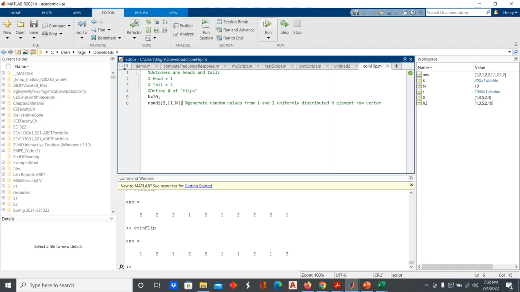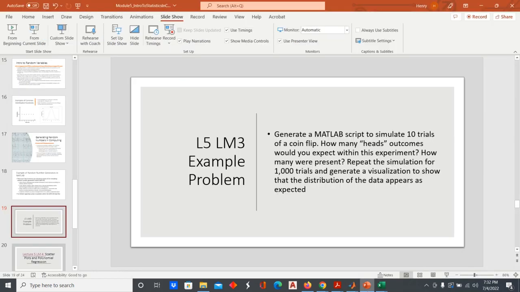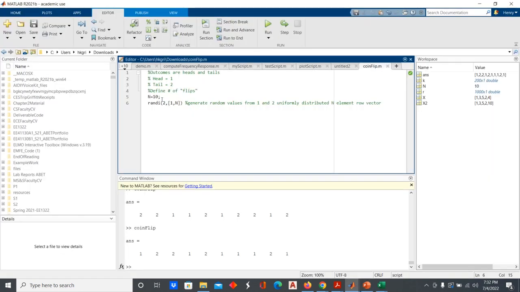If we do that again, in this case, we got 1, 2, 3, 4, 5 heads. 5 heads and 5 tails. That's kind of what we would expect. But because of the small number of samples that we have, if we run this a bunch of times, the case of getting 5 and 5 isn't going to happen very often. So that's kind of the first answer to that question. If we run this only 10 times, we're not going to get that 5 and 5 outcome that we would expect very often. However, if we take this up and make it 1,000 trials and we rerun it,